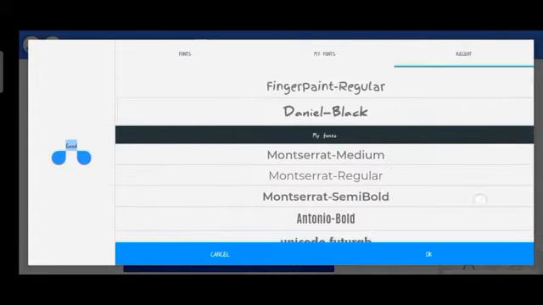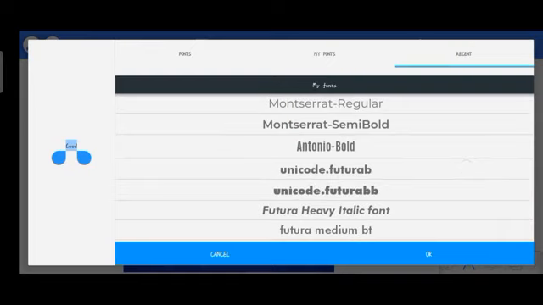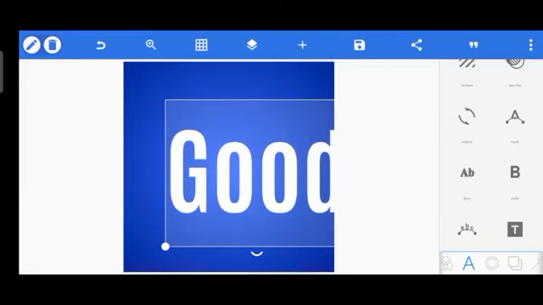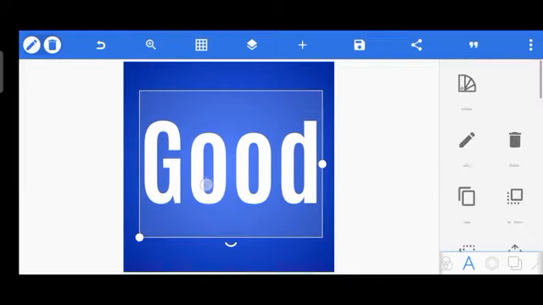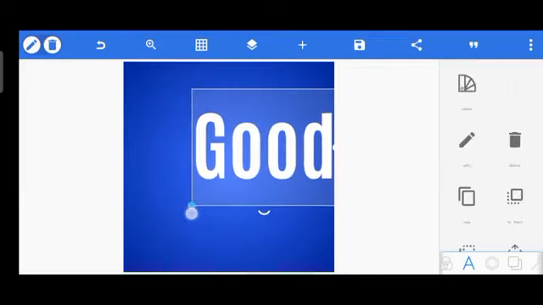So I'm going to head over to recent because I recently used the font. Don't bother about the resources. I'm gonna share everything used on this design with you guys. Okay, so here is the font, Antonio Bold. So I'll click good now, and then I'm gonna resize this, reduce the size of this my